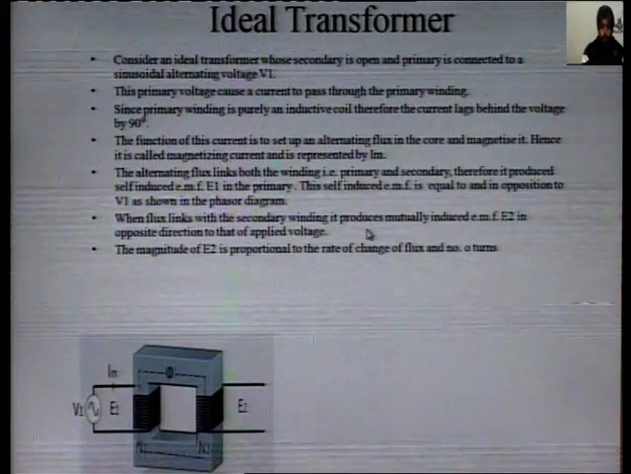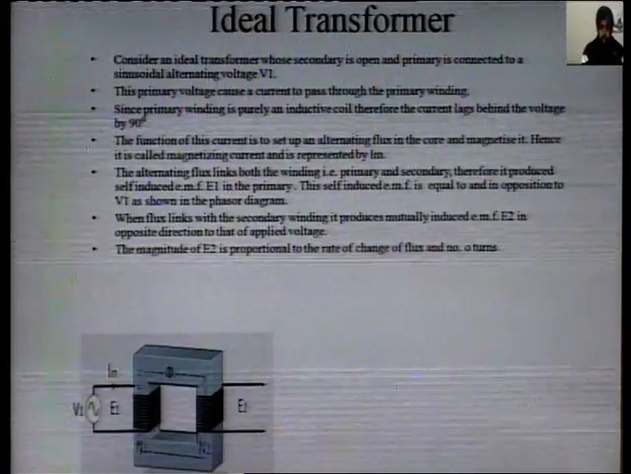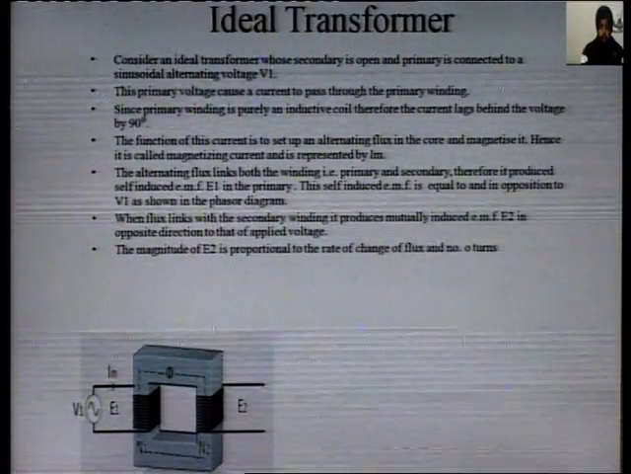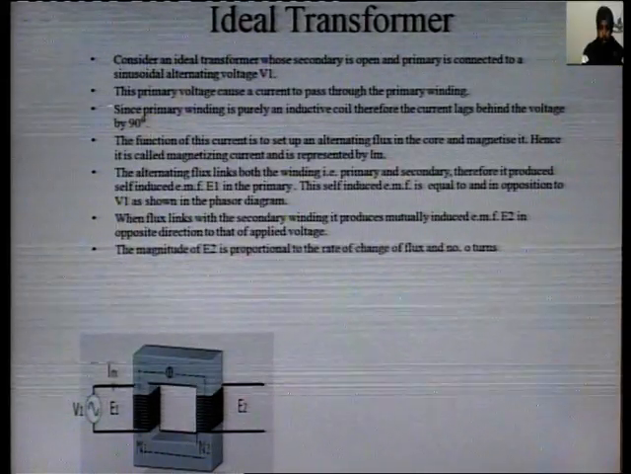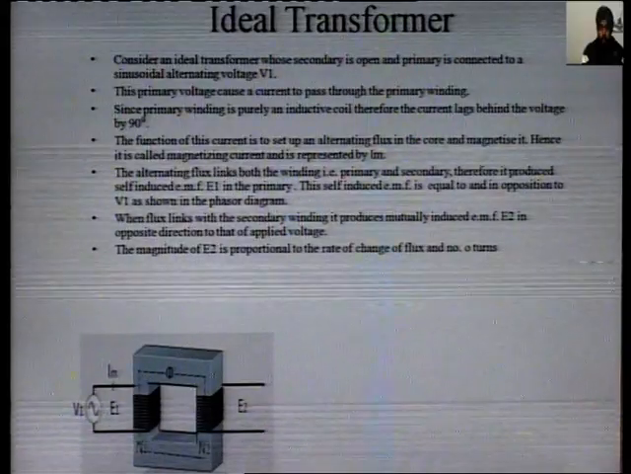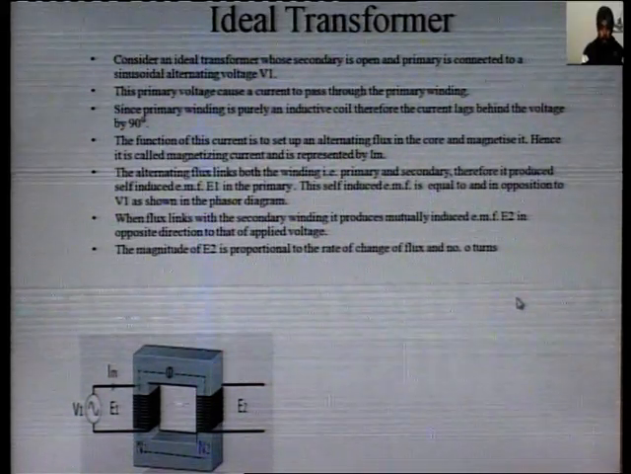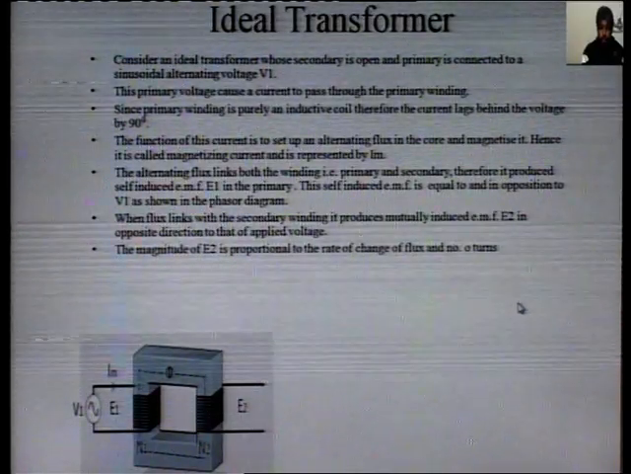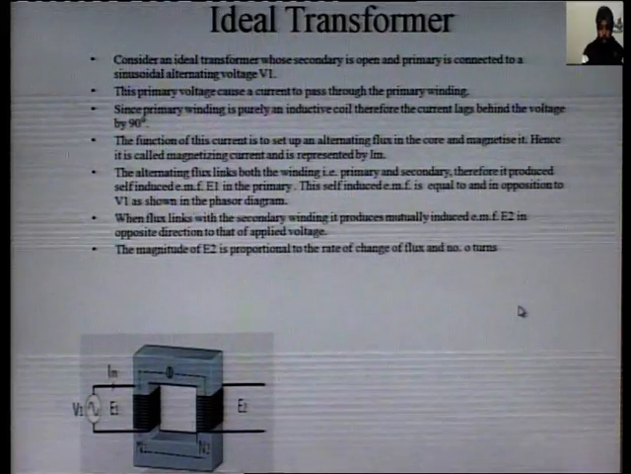Consider an ideal transformer whose secondary is open and primary is connected to the sinusoidal alternating voltage V1. This primary voltage causes a current to pass through the primary winding. Since primary winding is purely an inductive coil, therefore the current lags behind the voltage by 90 degree. The function of this current is to set up an alternating flux in the core and magnetize it, hence it